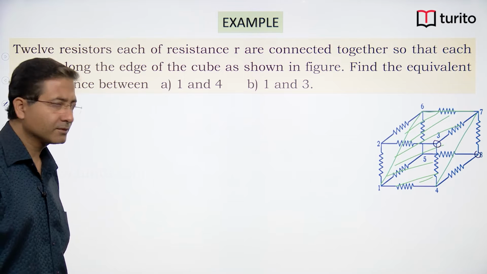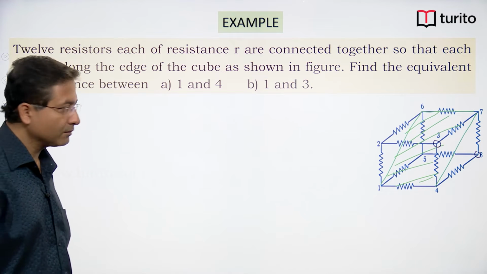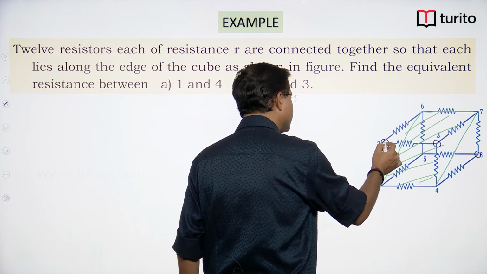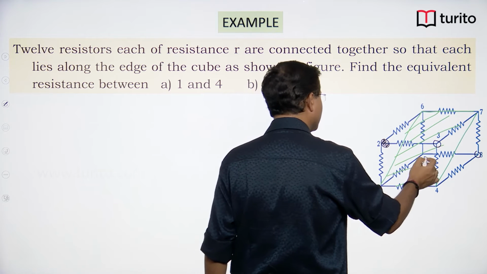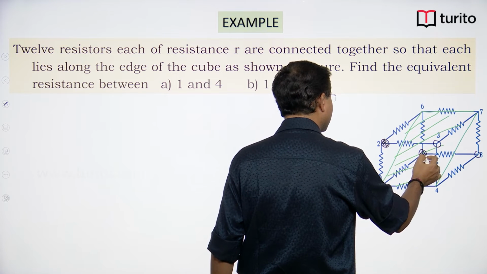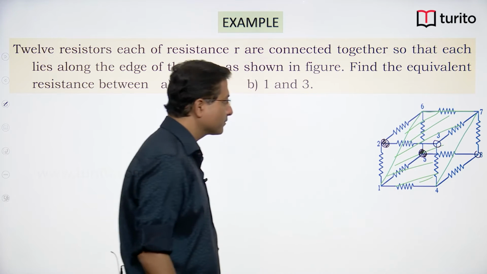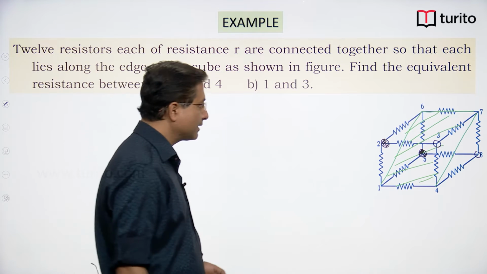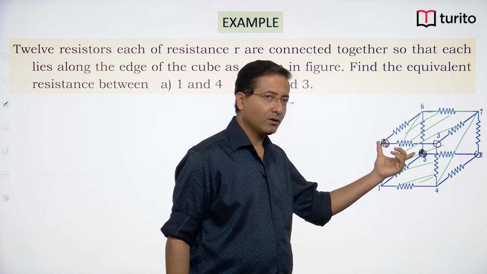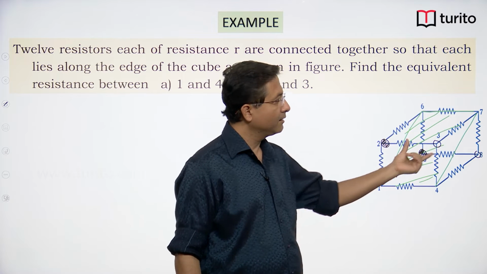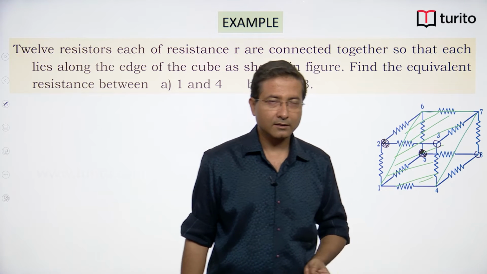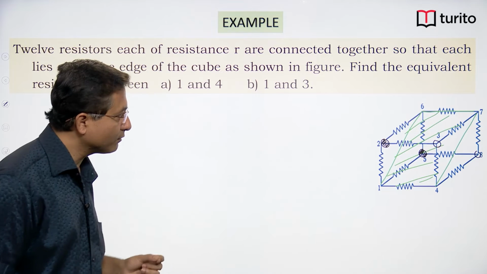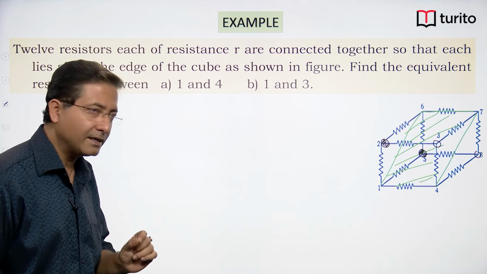Look at the diagram carefully, 3 and 8 will be the same, and between 2 and 5 also it will be the same. So if we want to simplify the circuit, we can draw these two as one point and these two as one point, right? So drawing 2 and 5 as one point and 3 and 8 as one point,